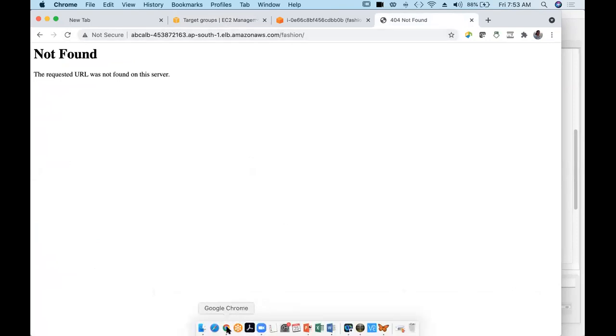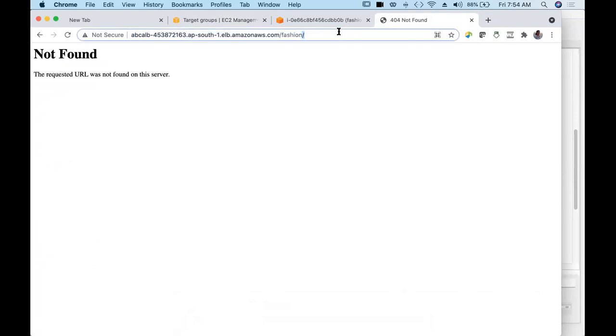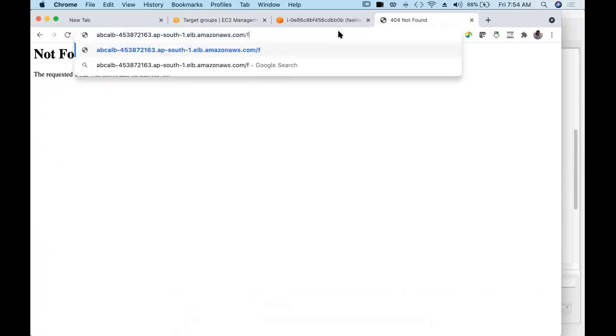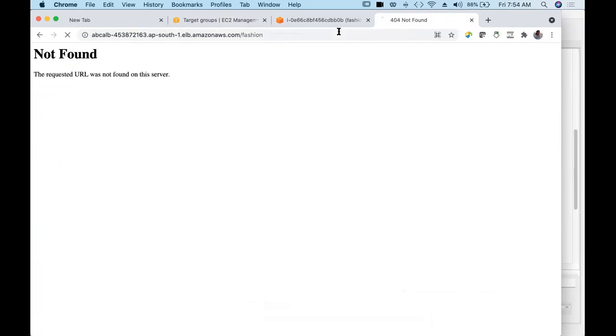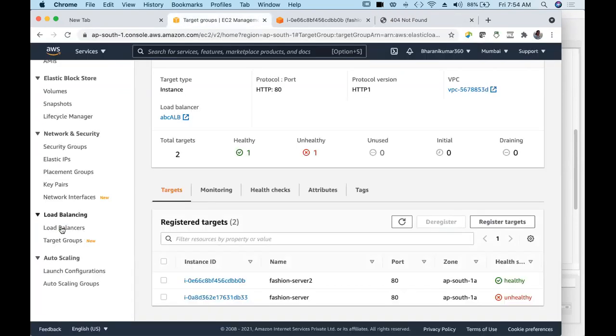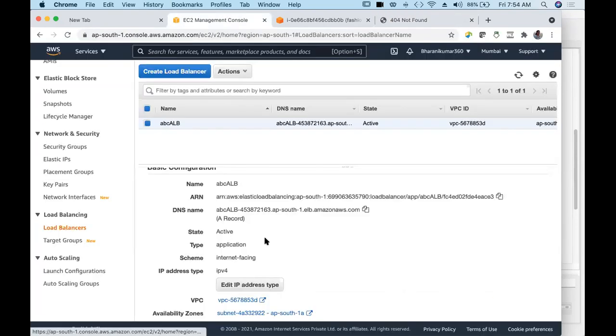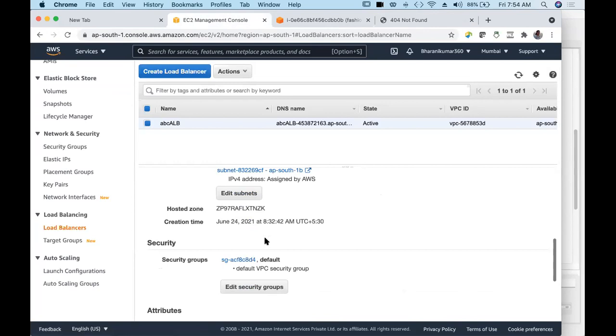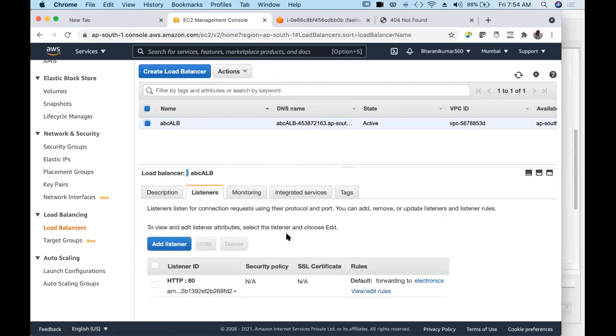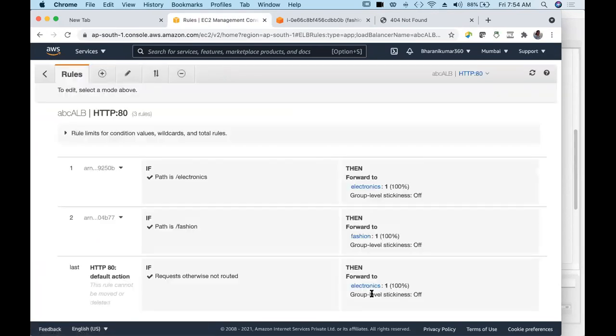/fashion. Load balancer, listeners, view and edit rule.